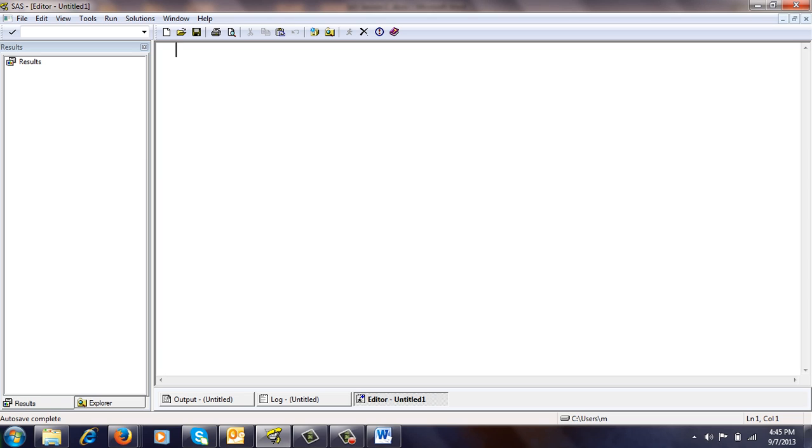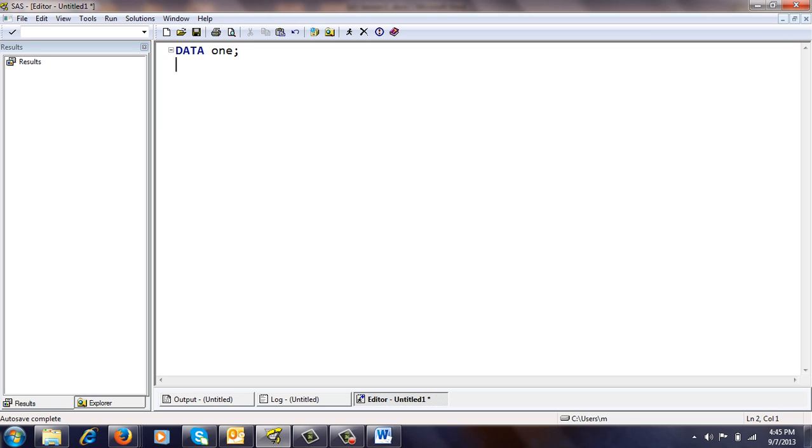Now I am going to show you one program, how to write a program. The program starts with the keyword data, for the data step. Then you give a data set name, the table name. I am giving the data table name as 1.